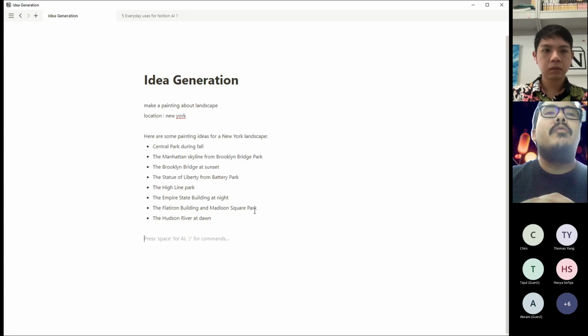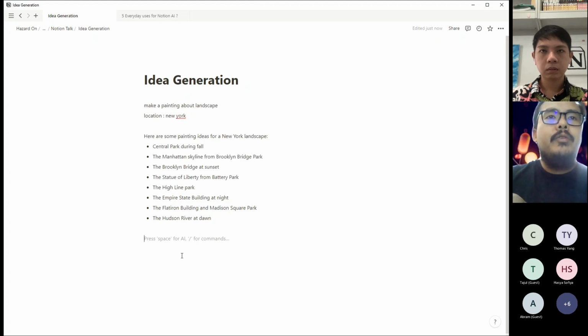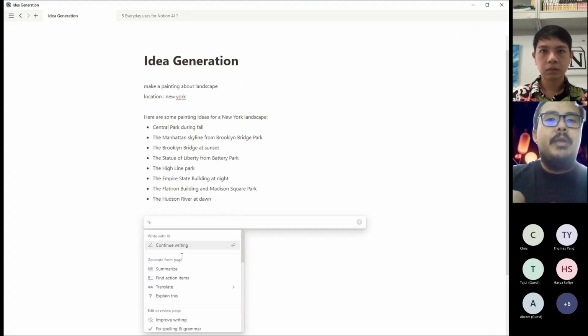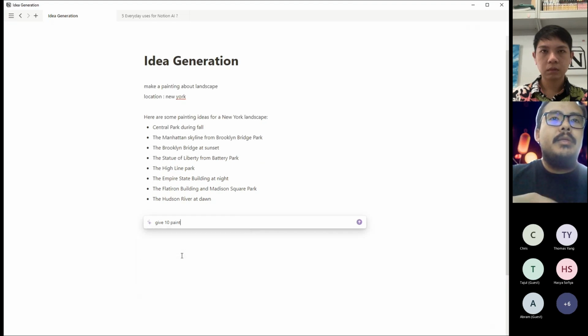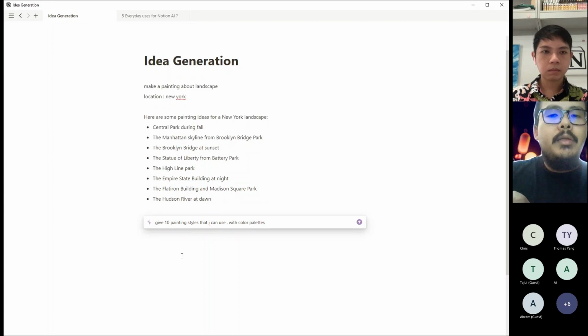So you can start with a couple points. So if you have a couple ideas in point form, you just jot them down and ask the AI to make ideas or give ideas. And you can continue with this workflow. You can ask them, give 10 painting styles I can use with color palettes in a table form.